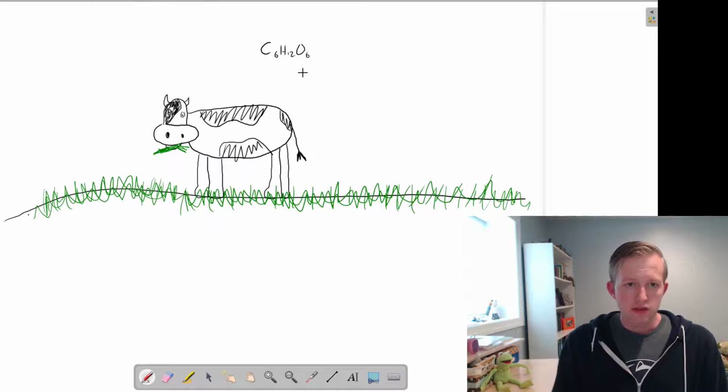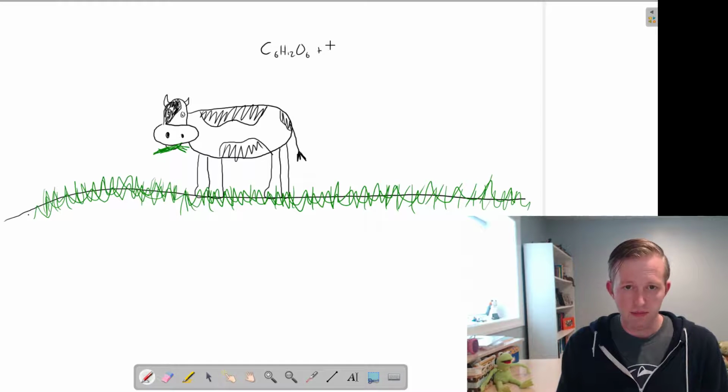Right? We breathe all the time, and if you've ever stopped to think about why am I breathing, why do I have to do that? It's actually related to the production of energy inside of your cells. So the cow's going to need oxygen gas. So the cow's breathing in O2. There it is, going in those nostrils. And with those two things, the cow now has the ingredients necessary to break down that glucose into three different